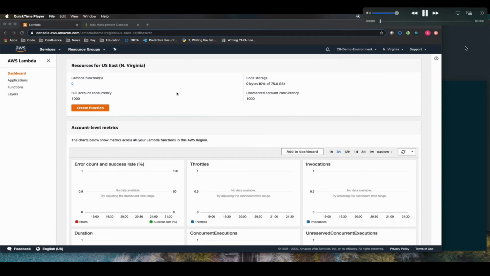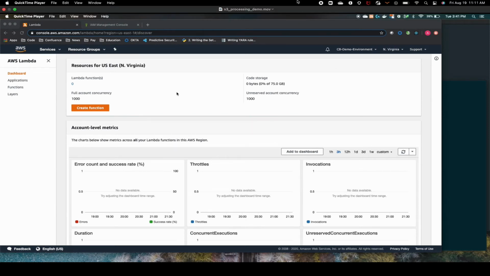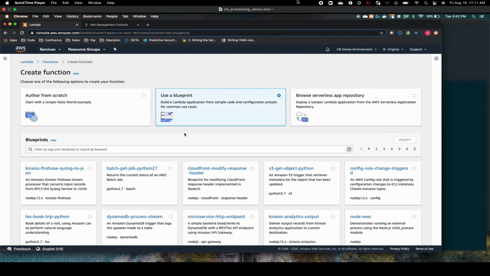Let's take a look at AWS Lambda. AWS provides useful blueprints to easily get up and running with Lambda. They provide an easy-to-get-started S3 GetObject Python script that will allow us to fetch files of the events as they are uploaded into S3. If we go ahead and click on this blueprint,